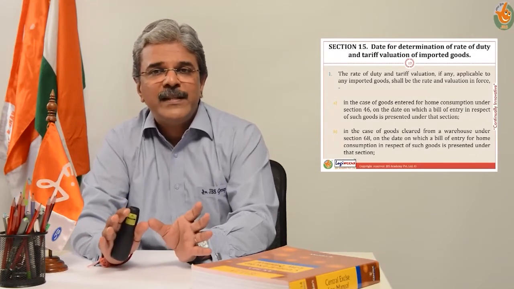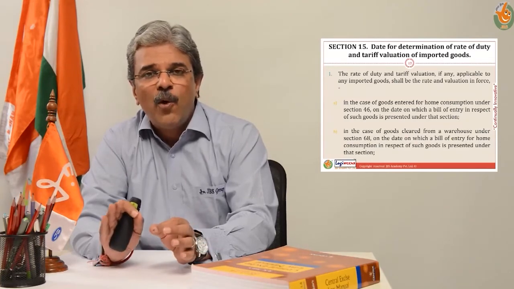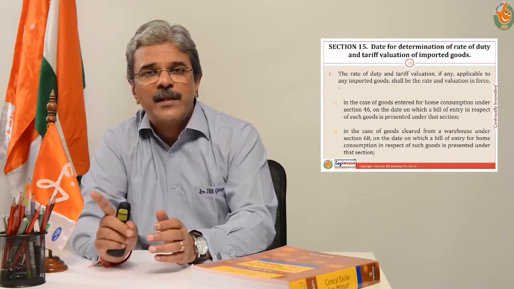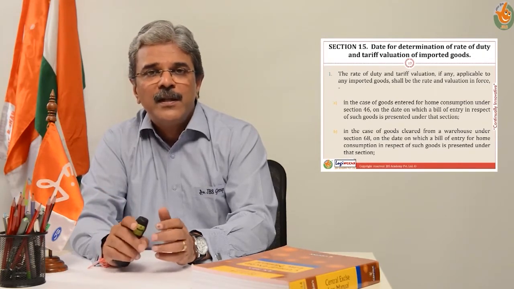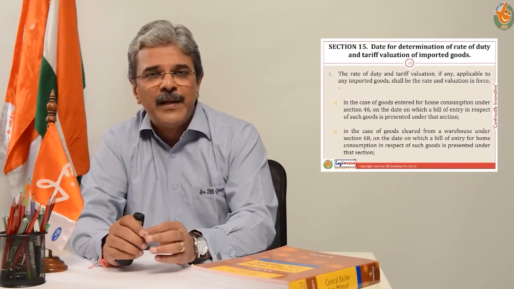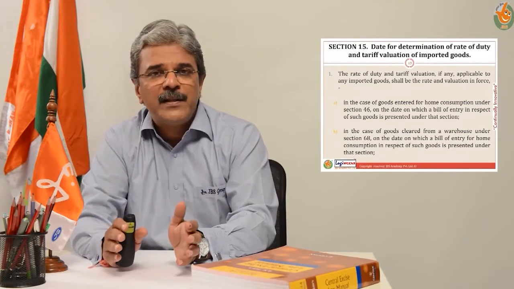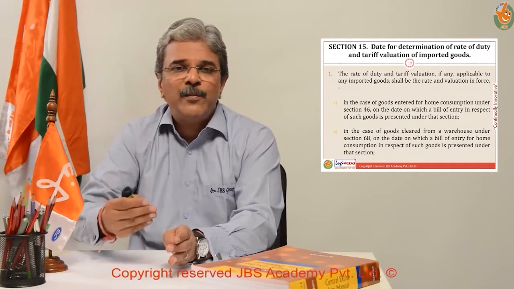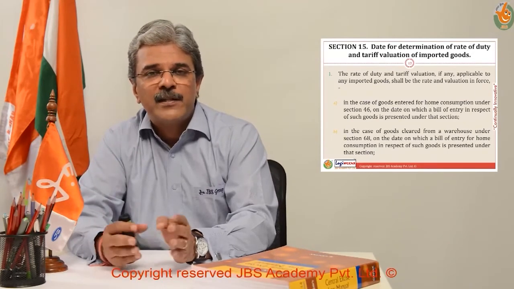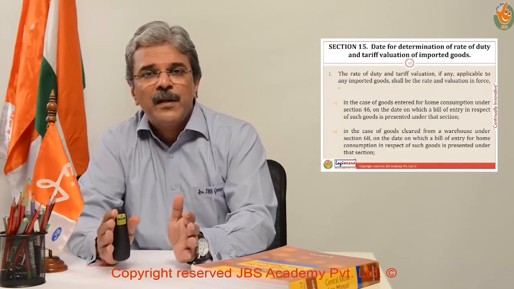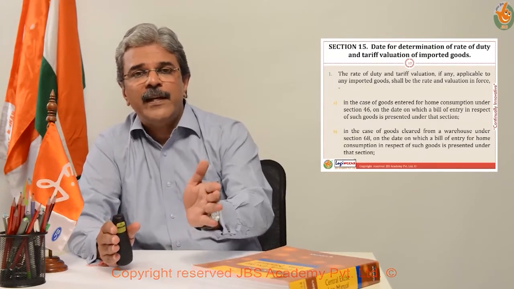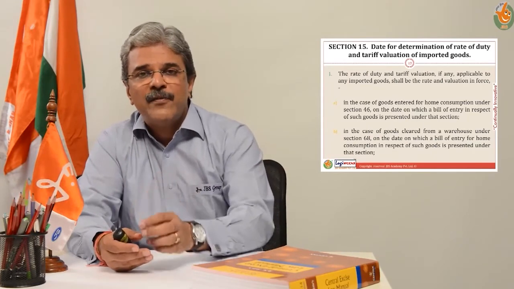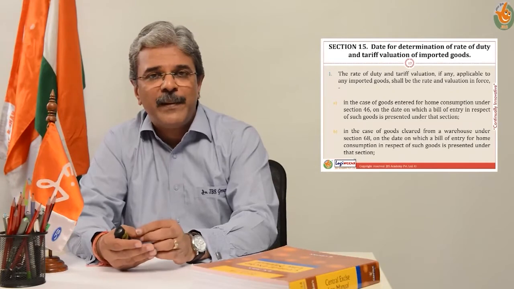What does section 15 say? Section 15 says what is the relevant date to determine what was the rate of duty or what was the tariff valuation of the imported goods. Customs duties, as all of us know, are dynamic. Normally they change with every budget. In every budget, the finance minister decides what is going to be the rate of duty per classification in the customs tariff book. So if I have filed a bill of entry in February, the budget comes out on 28th of February, and my manifest is filed on 1st of March, the final entry of the manifest.